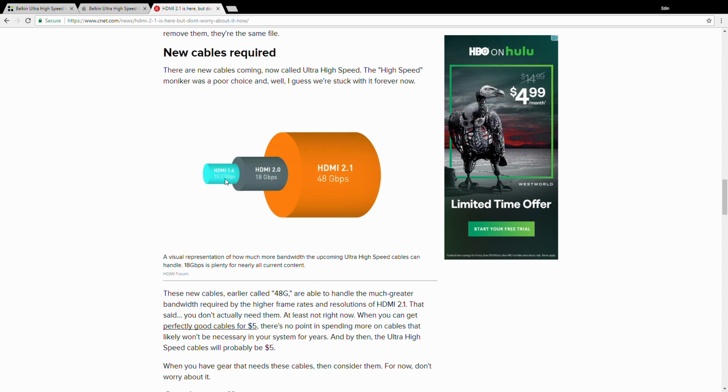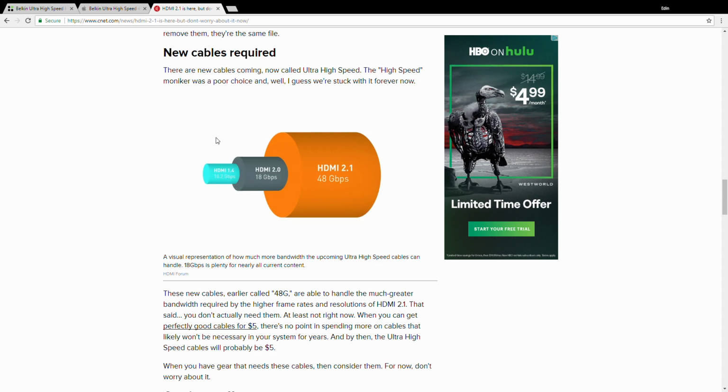I'm sure you guys know high definition media interface. That's what the HDMI stands for. When they first announced it, it was called high definition media interface, and it was used for high definition televisions. When they first came on board with Blu-rays and all of that stuff in 2009, they were called high definition media interface. And this is what we were using with our very first high definition media interface